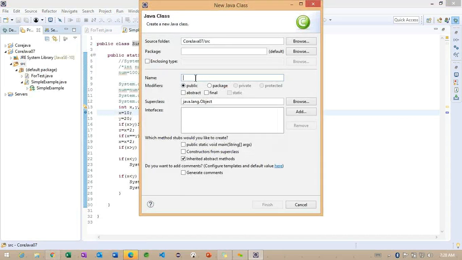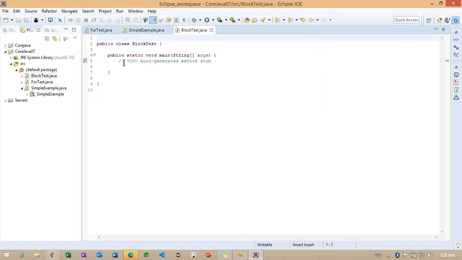And here, what I can do, block test, and enable the main method here. And here, again observe here, x comma y, and y is equals to 20.